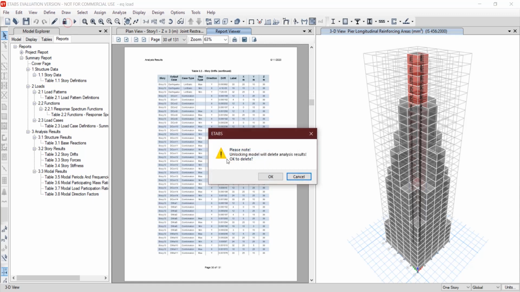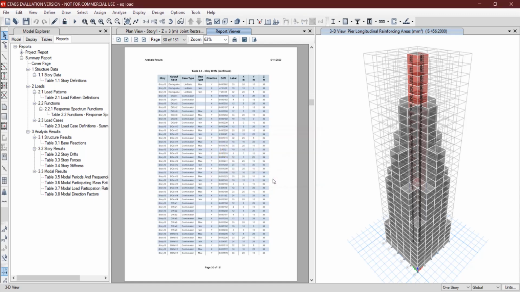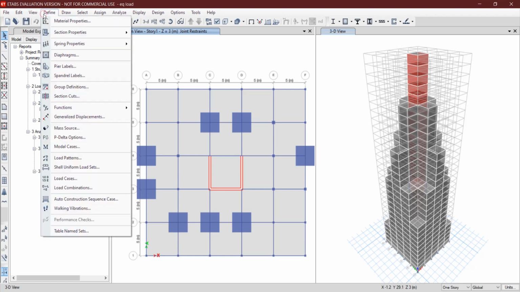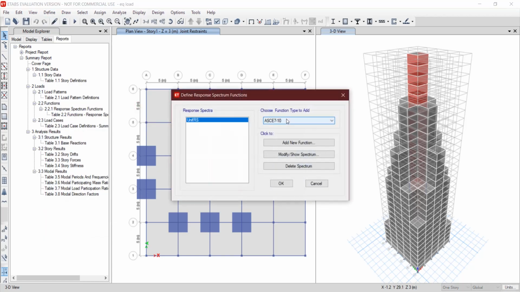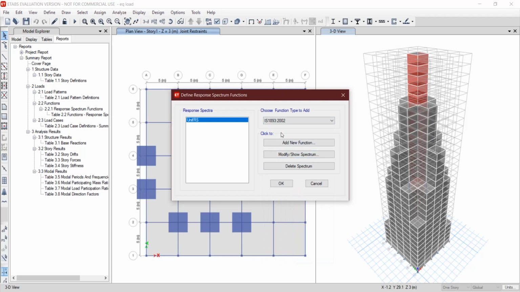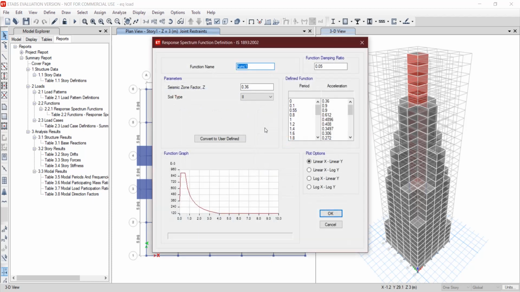Okay, now I will show you how to add the response spectrum function. Go to define functions, response spectrum function. Here in this add IS 1893 2002 and then click on add new function.